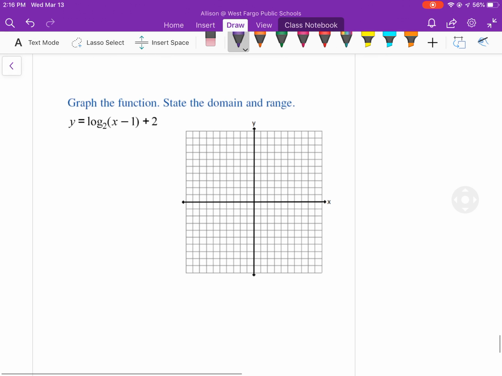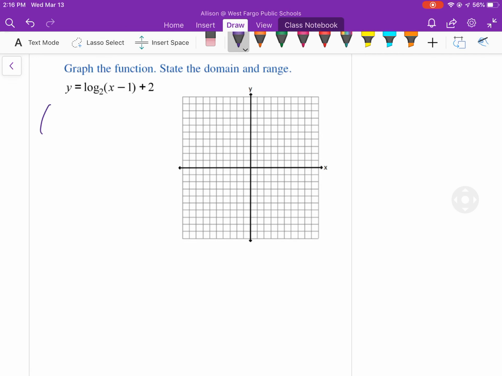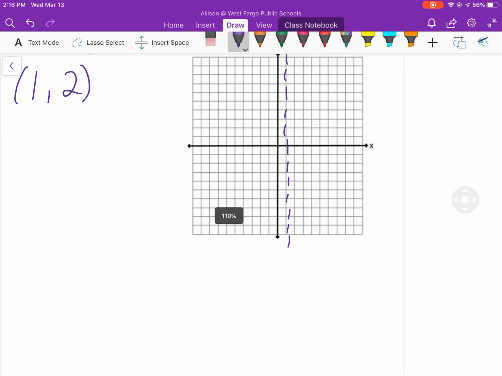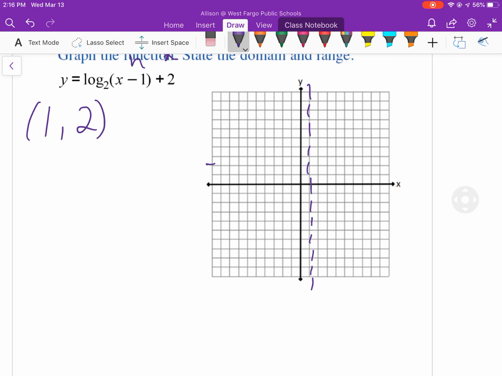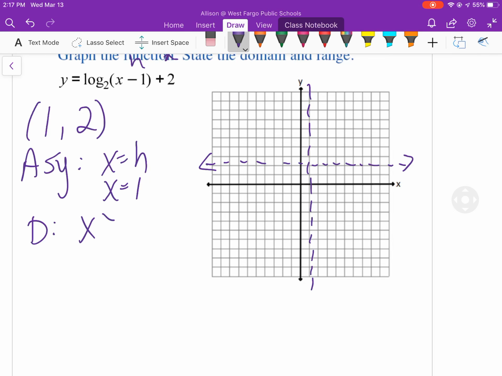So I'm going to skip, we'll do one more. Okay, so my shift is going to be at 1, 2, h, k. H is always opposite, so that's to the right 1 and up 2. My asymptote, ASY, is going to correspond to my h value, which is x equals 1. My domain also corresponds to that for log functions, and then the range is always all real numbers for logs,